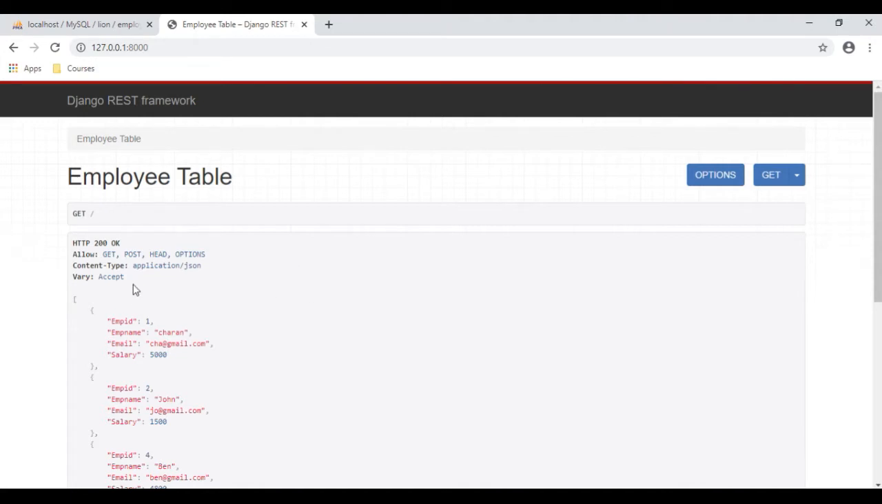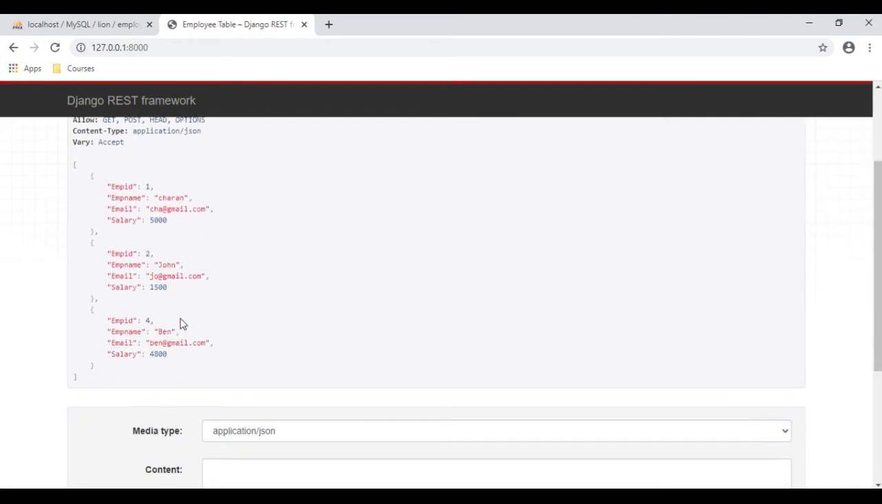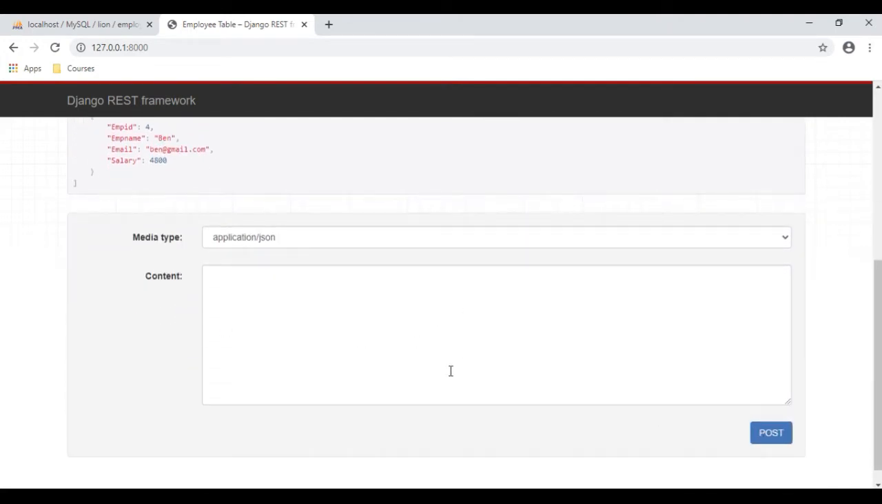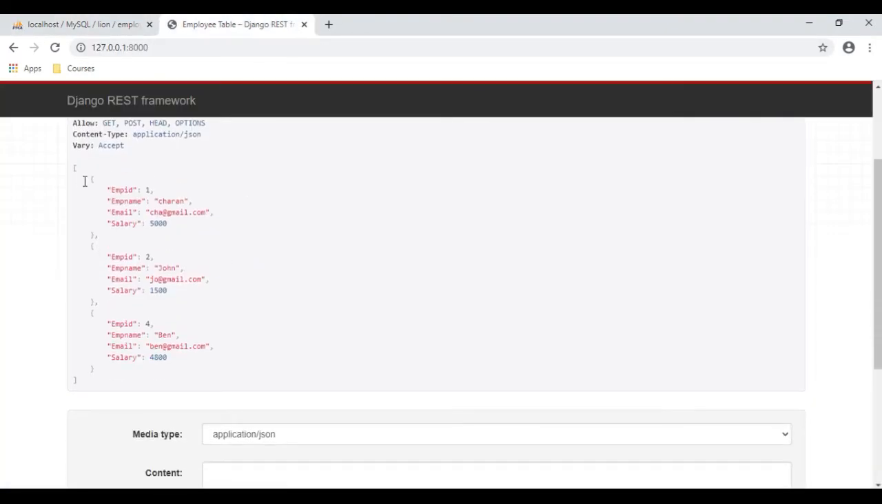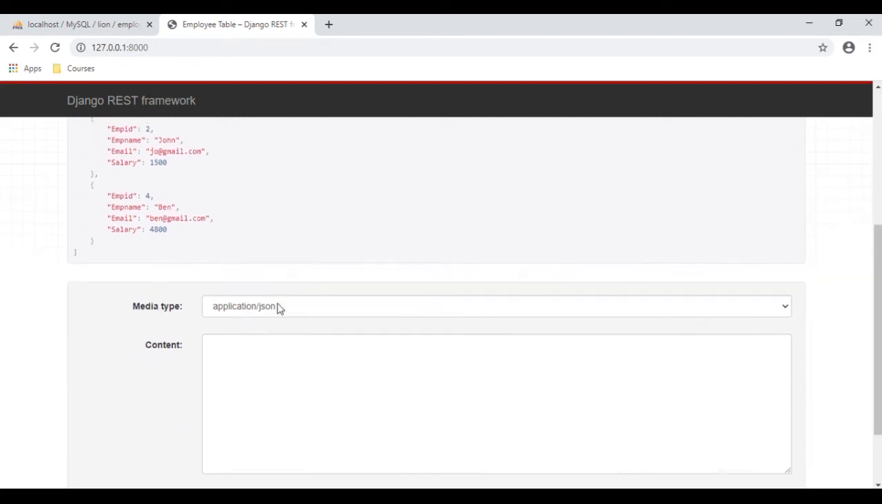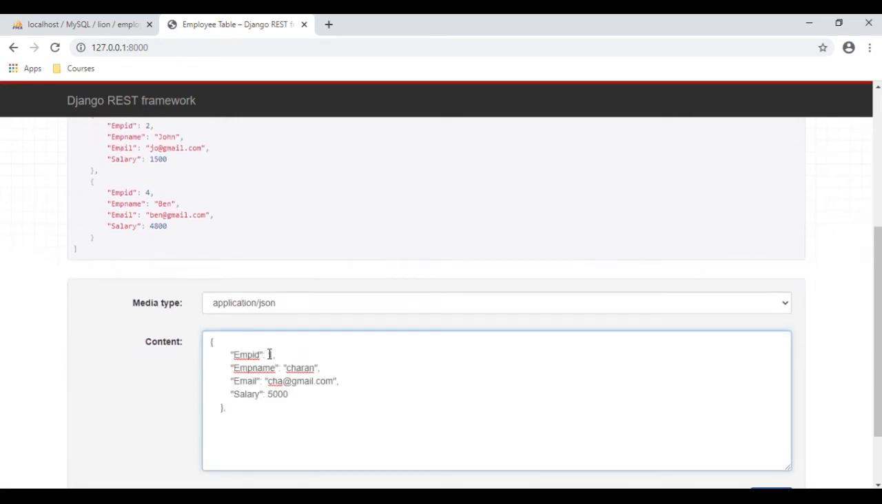And notice here the get method displays all the records, and below we got the post functionality. Right now in our table we have three records. Let's insert the new record, copy this one because it's a JSON type. The employee ID is 5, the name is Peter. I'm adding the name Peter. The email also I'm changing